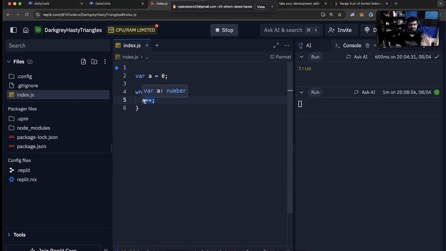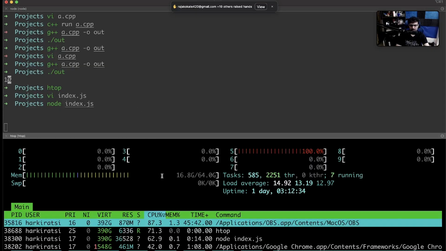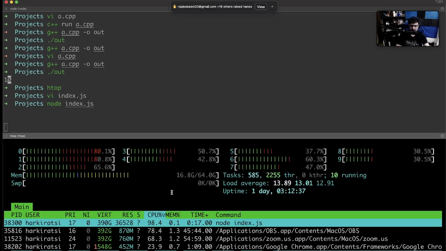If you don't understand the syntax, it is fine. If I type htop, you will see this process, node index.js. If you can see this, node index.js is using 98.5% of the CPU, 98.9% of the CPU. It is using one CPU. The thing is, when you create a thread, sometimes you run here, sometimes you run here, sometimes you run here, but you only run on one CPU at a time. And if you look at the total usage here, it says 97%, very close to 100%.